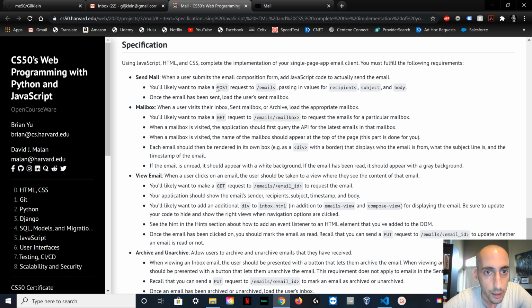So, for this project, we were to build an email application that was a single-page application and used APIs in order to handle the email process. The first specification states that a user should be able to submit an email, so to send an email using a POST